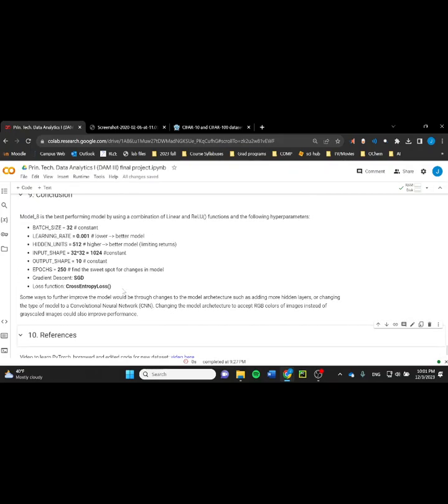Some ways I would further improve the model would be through changes in model architecture, such as adding more hidden layers. So I changed the number of hidden units, but I never added an extra hidden layer. You had the input layer, the first hidden layer, and the output layer. Possibly by adding an extra hidden layer, you could improve the